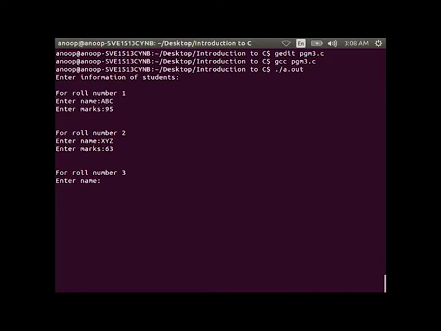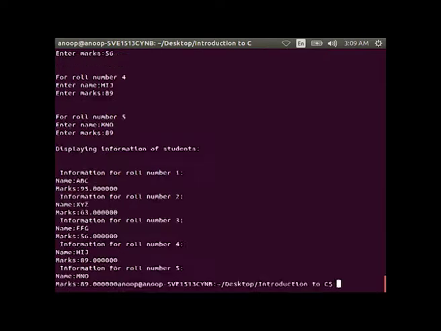For roll number 3 enter name EFG, then enter marks 56. Then for roll number 4 enter the name HIJ and enter marks as 89. Then for roll number 5 you enter the name MNO and enter marks as 89.